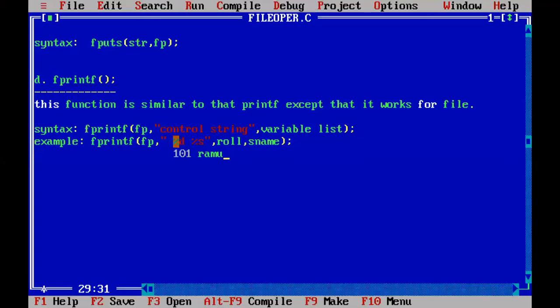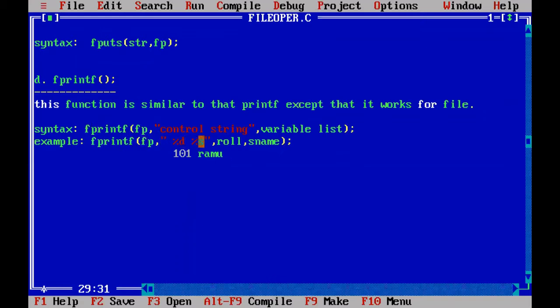After replacing %d with 101, the value of roll number, and %s with Ramu, the value of sname, we have framed one string: 101 Ramu. Now this 101 Ramu is stored into fp. That is performed by the fprintf function.